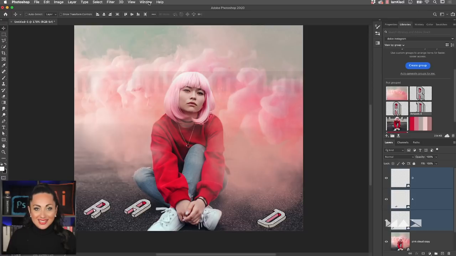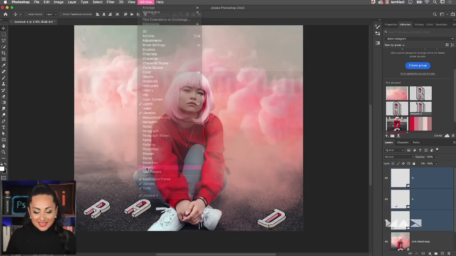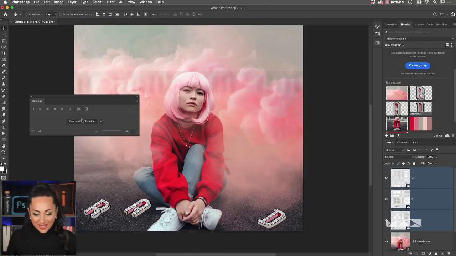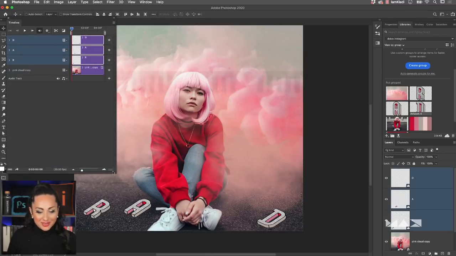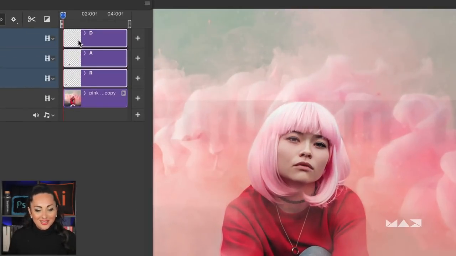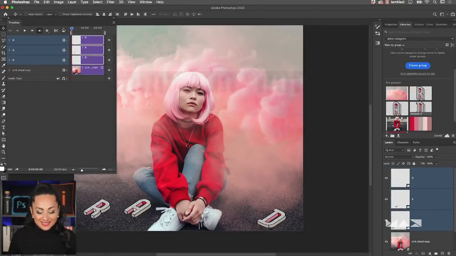In order to access the animation, all you have to do is to click on Window and then access your Timeline panel. Let's click on Create Video Timeline. And the first element that you want to get familiar with are the frames over here, which mirror exactly the structure of the layers. And then we have the little playhead here, which is this red line with a blue top that will allow us to navigate the time.